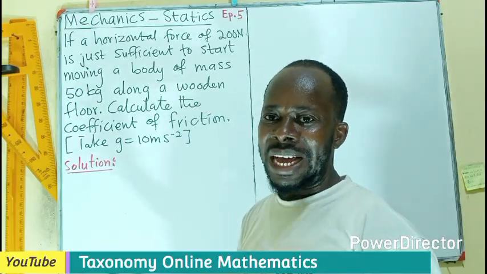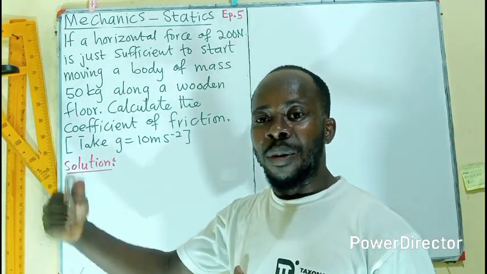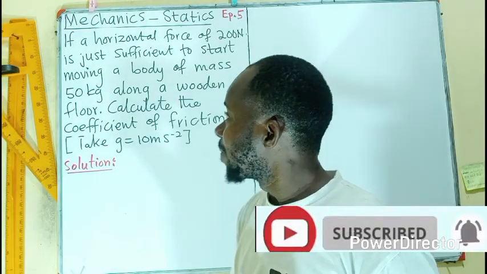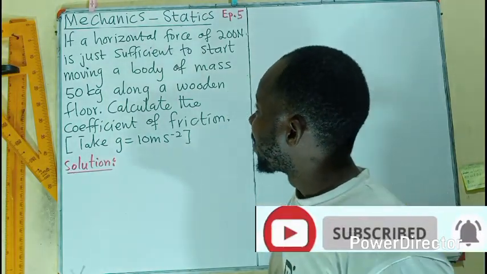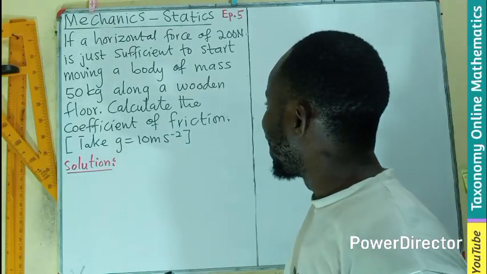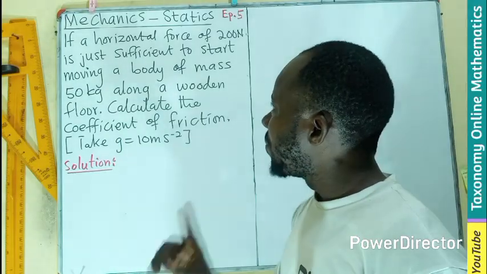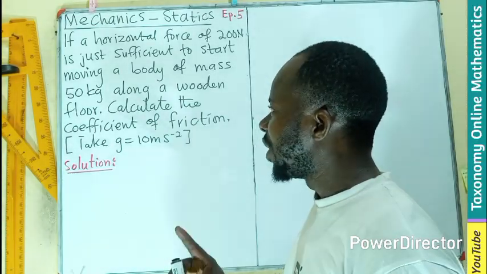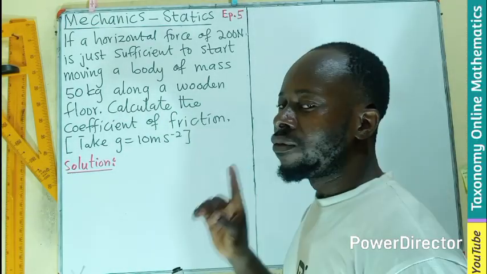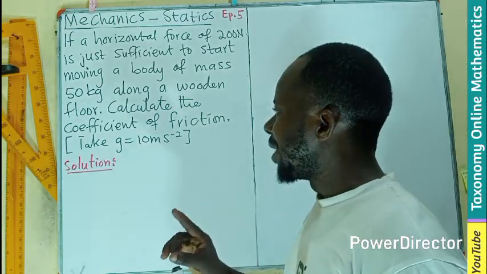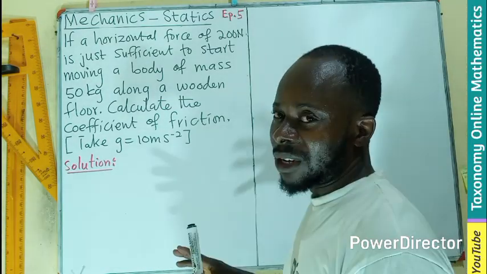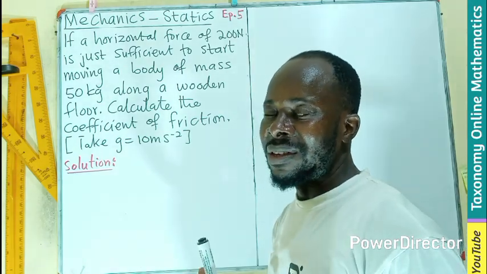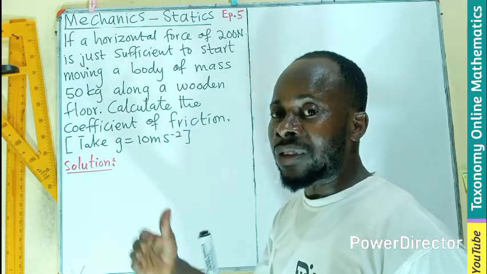In this episode, we are taking the question to test some of the expressions or the formulas we derived from episodes 1 to 4. So, if a horizontal force of 200 Newton is just sufficient to start moving a body of mass 50 kg along a wooden floor, we are to calculate the coefficient of what? Friction. The coefficient of friction, as discussed in the previous episode, is in connection with the force and the normal